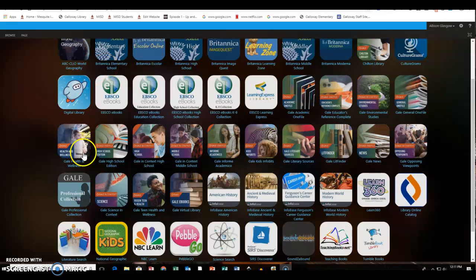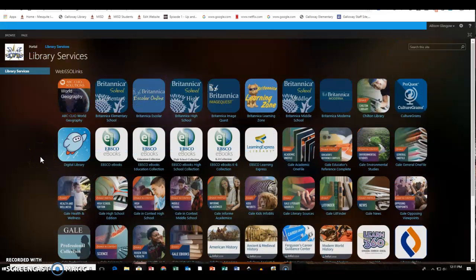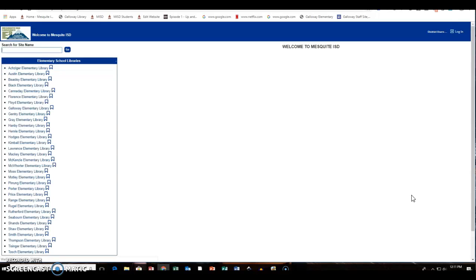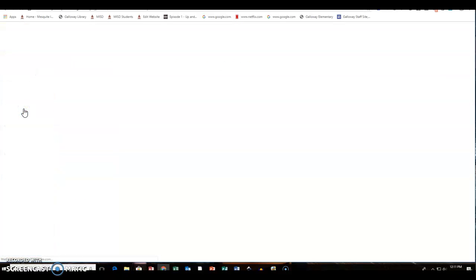Hey guys, today we are going to go over another resource that is inside the Mesquite ISD portal under the Library Services tab. The resource we are going to go over is the Library Online Catalog. The Library Online Catalog is available to all students and staff in Mesquite ISD. Once you click on the Library Online Catalog image, you are going to come over here and select your school,